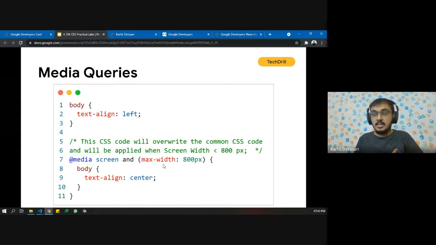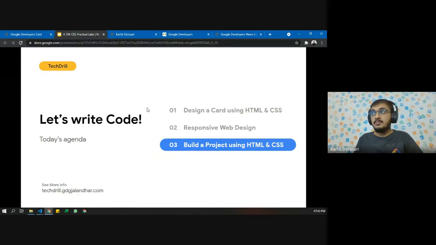Here the condition is that if the maximum width of the screen is 800 pixels, then this CSS code will override the general CSS code. Yesterday we covered media queries very briefly, so let's see what is next.